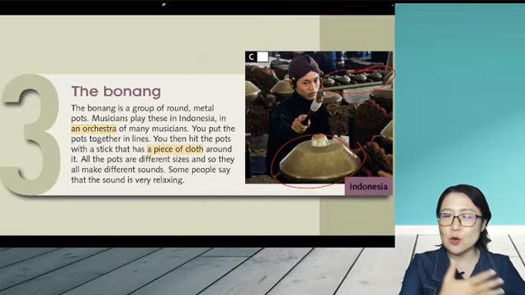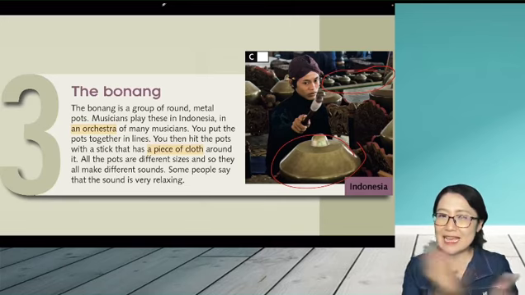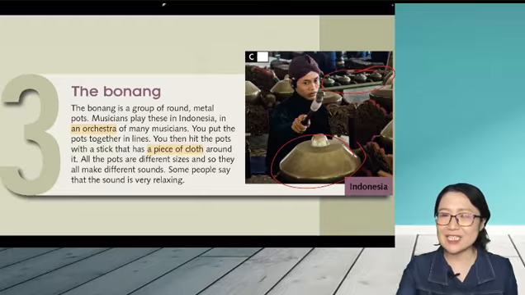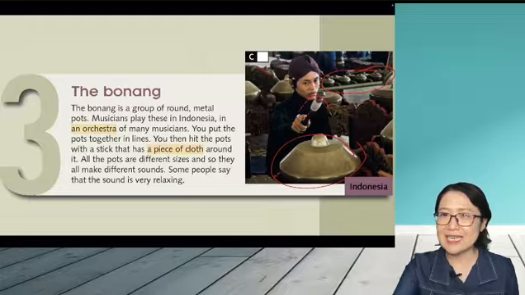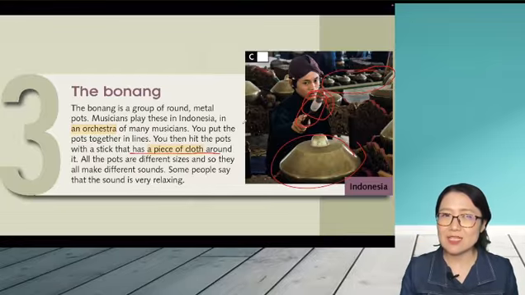So, 那么我们就横排的罗列这些 pots 就可以了。You then hit the pots with a stick that has a piece of cloth around it. You see here, you hit it. Hit 就是击打，对不对？用这个棍子，什么样的棍子呢？That has a piece of cloth around it 就是说，哎，外边包了一圈布的这种棍子来去击打。